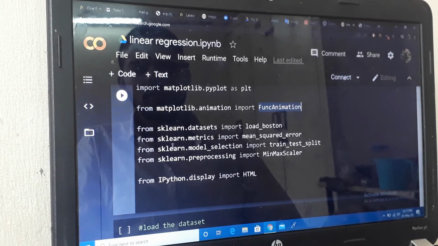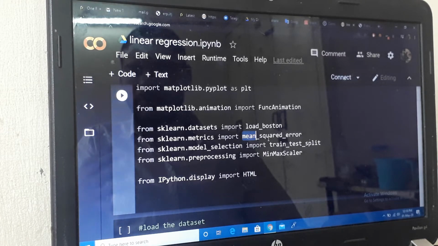Next is sklearn metrics. Metrics are for two dimensions, three dimensions. It is used to easily describe the data, and we import mean squared error. Mean means the average of all numbers over the total number.